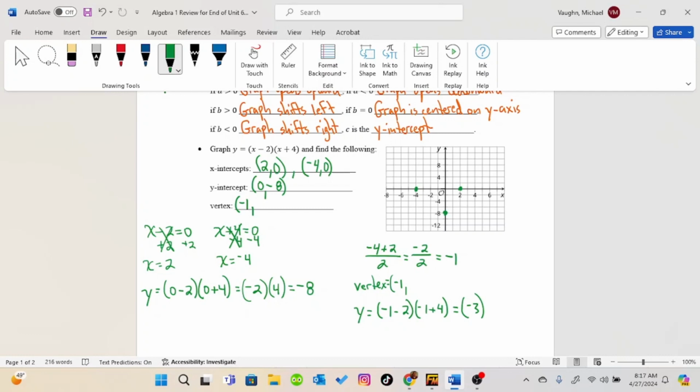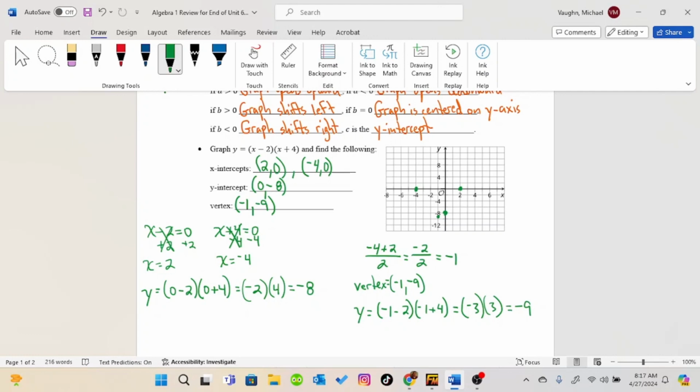And negative 1 plus 4 is positive 3. And negative 3 times 3 is negative 9. Now I can plot the point negative 1, negative 9,